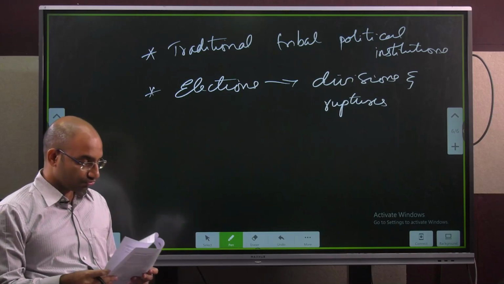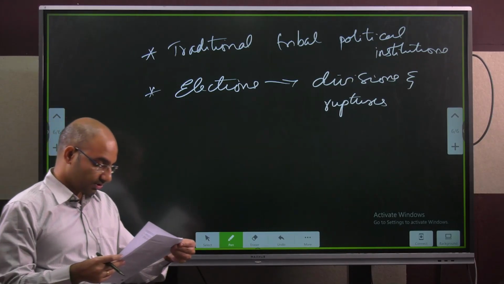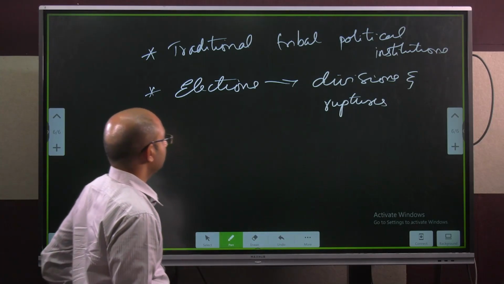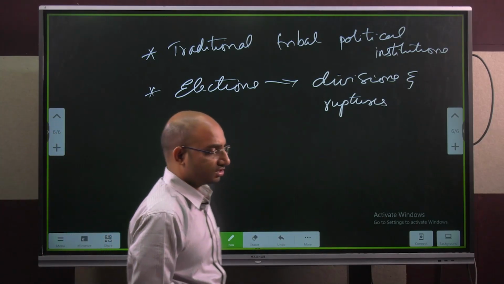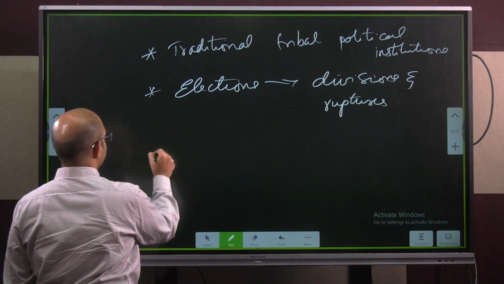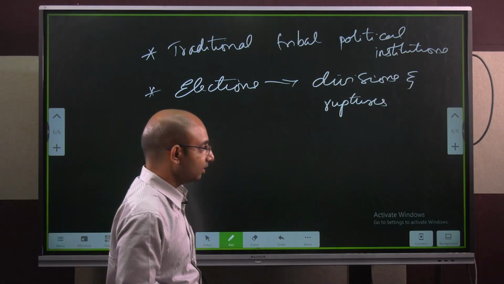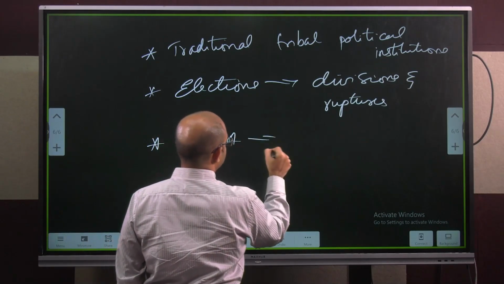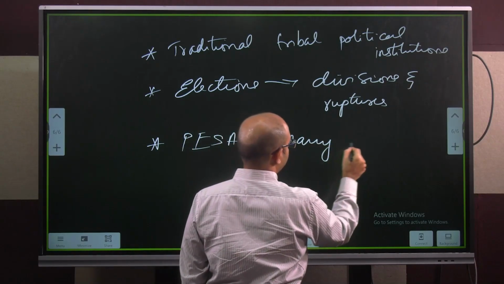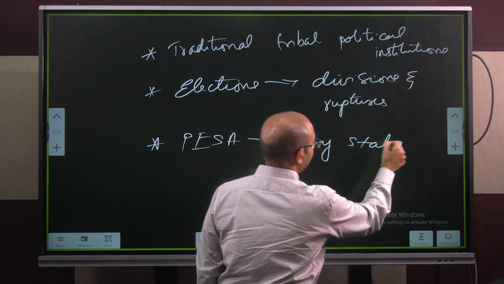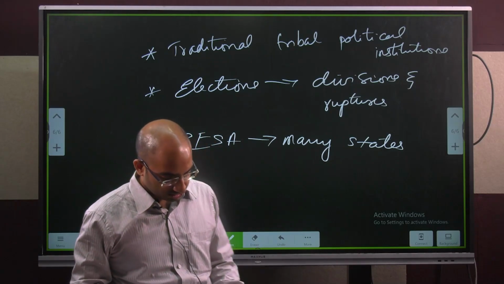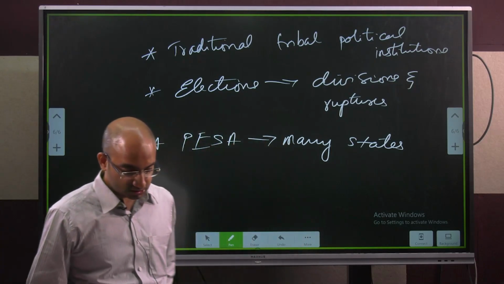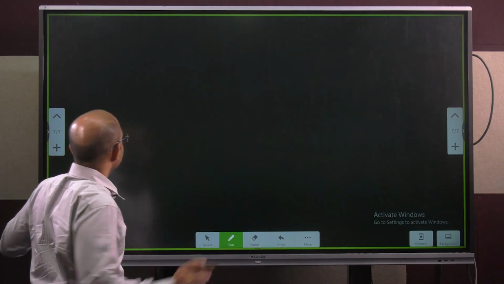In the last page, we have the way forward. There is a detailed discussion of all of these issues. So election is creating conflict with traditional tribal institutions, and PESA is not actually implemented in many states seriously. That paper gives you the handout, which talks about data of different states that have implemented PESA at different levels of merit. So all of this is the solution, and in the way forward,